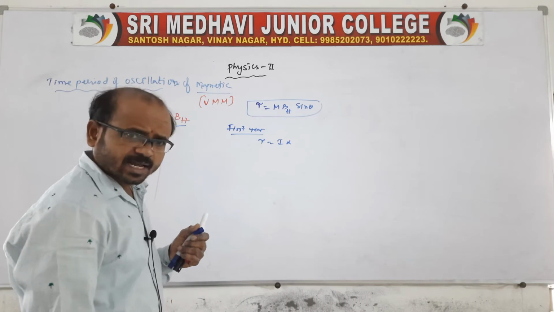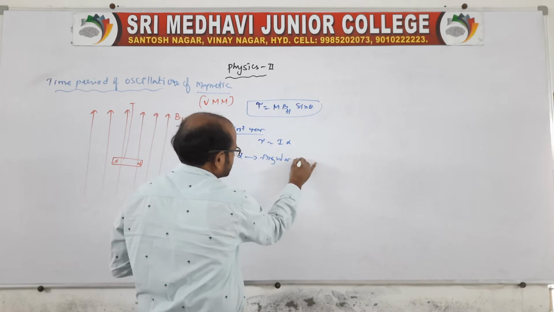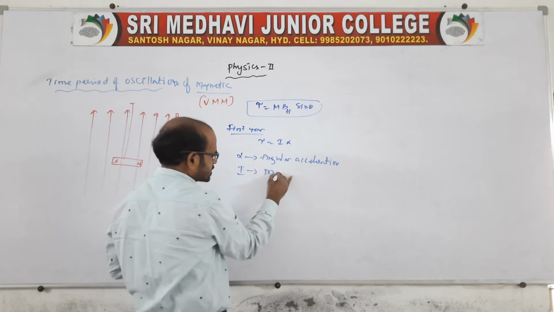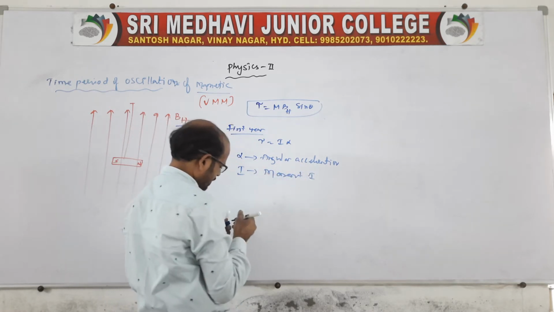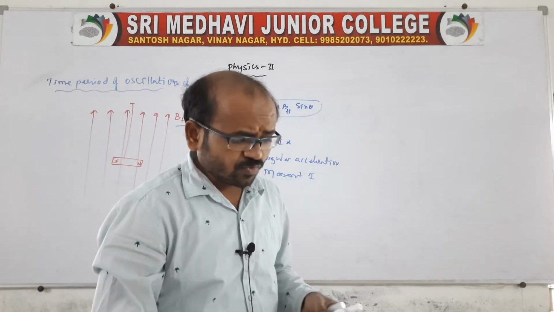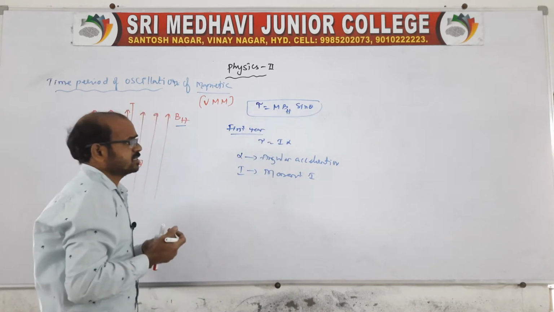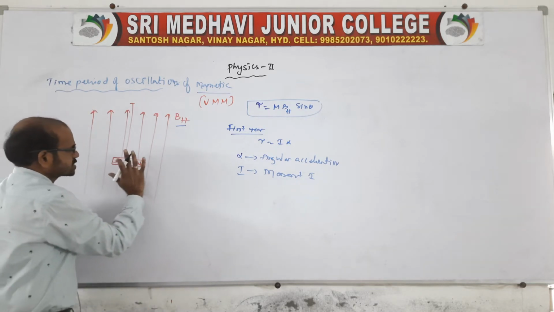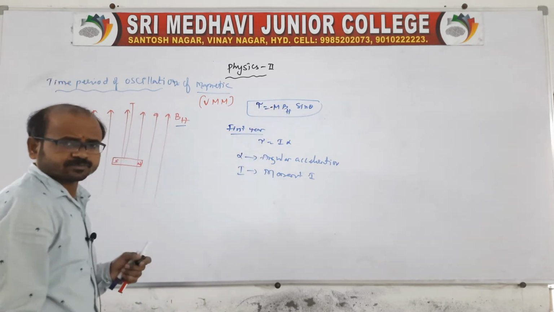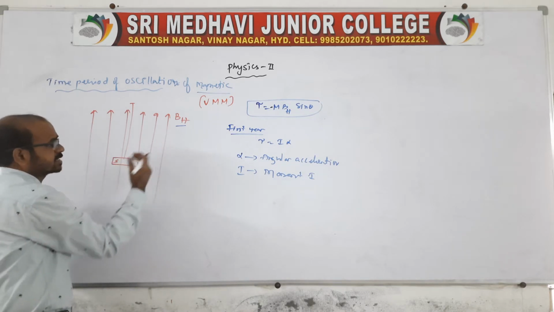Alpha is nothing but angular acceleration, and I is the moment of inertia. Here we can say one torque is MB sin theta, and the other torque is I alpha. When the magnet is turned, there will be a turning effect opposite to the field, so better you write it with a minus. Why minus? Because it is restoring the magnet to its original position, which causes the oscillations.